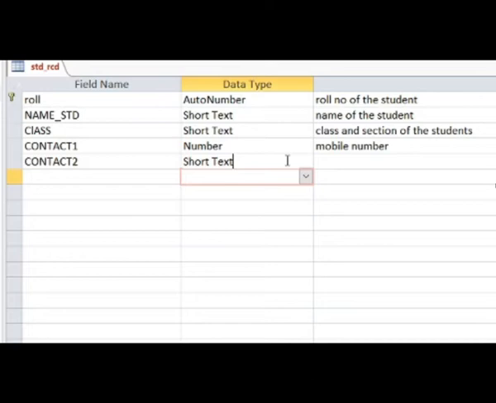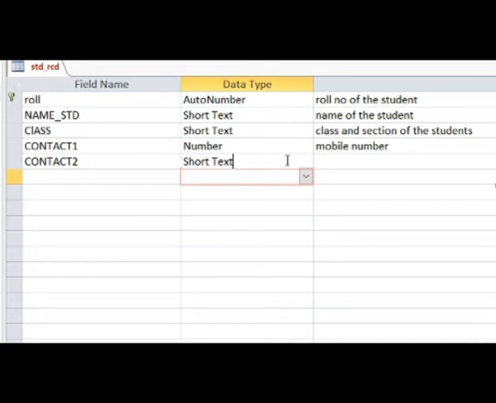Suppose a number is 9899899989. In some country, if we are just assuming an example, the maximum digits in any mobile number is 10, but take for example if it is 11. Or like I told you, MS Access 2005 never allowed us more than 9 digits. But when we talk about a mobile number, I need to type 10 digits. So here I will fail to type 10 digits.